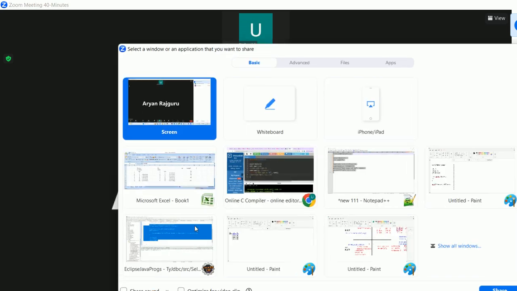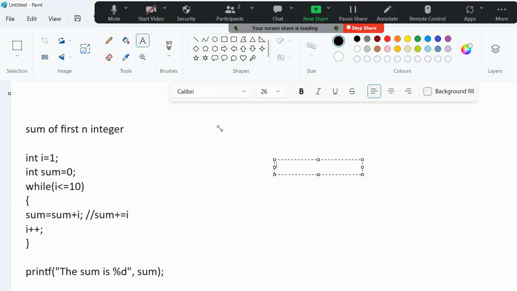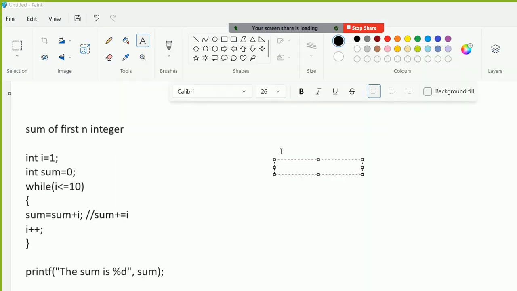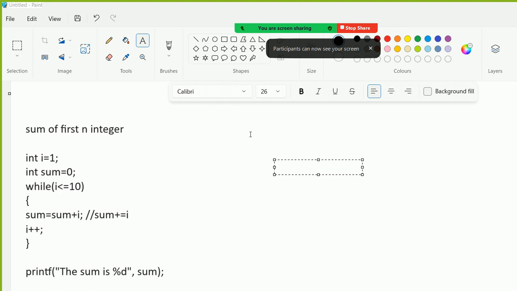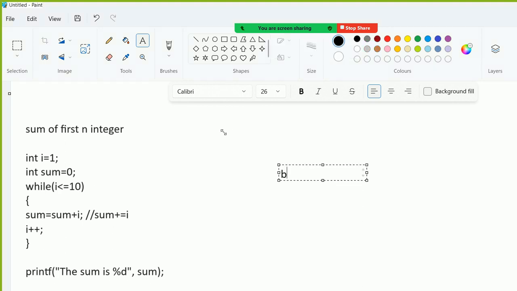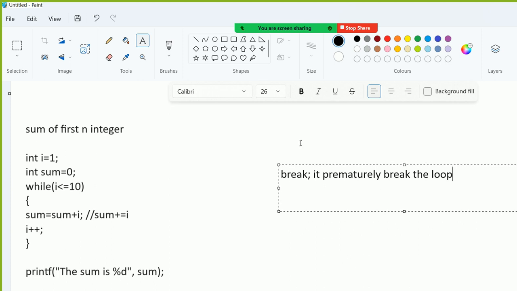Now we have to learn two more things into the looping part, very important stuff. They are the break and the continue keywords. Which keywords? So what break does is it prematurely breaks the loop. It's all aborted. So the loop which was going to naturally die at 5, I can break it at 3